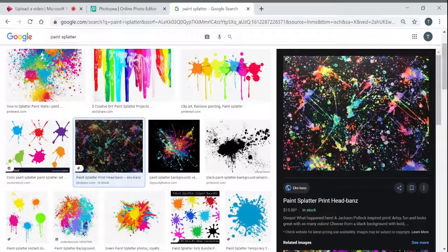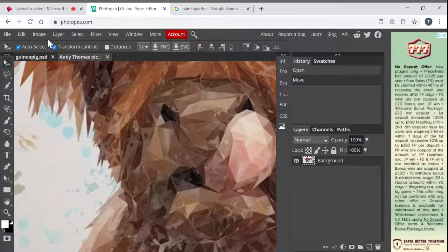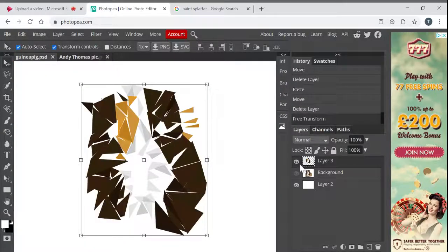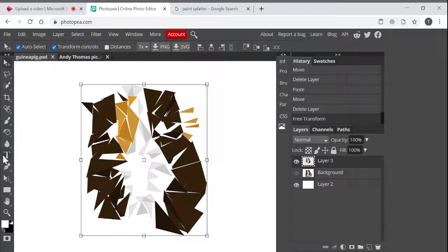get some form of texture. Could be anything at all. Could be brick walls or it could be shells in a pile. It really doesn't matter. For now, I've just copied this image of paint splatter. And if I go to my guinea pig, which I have created